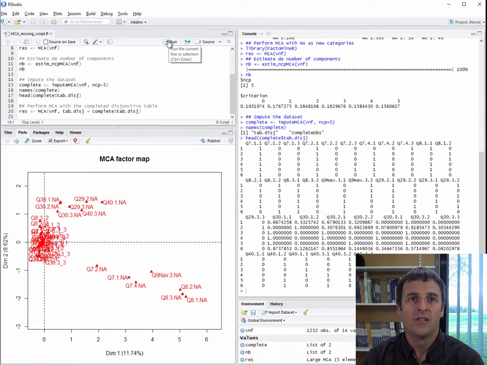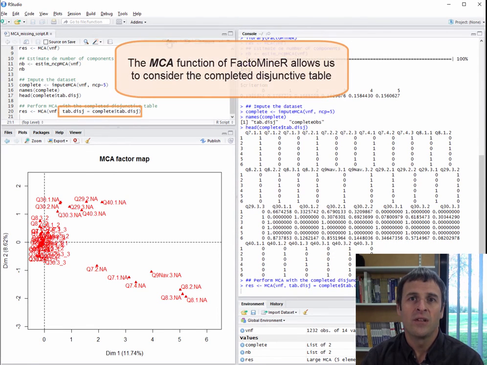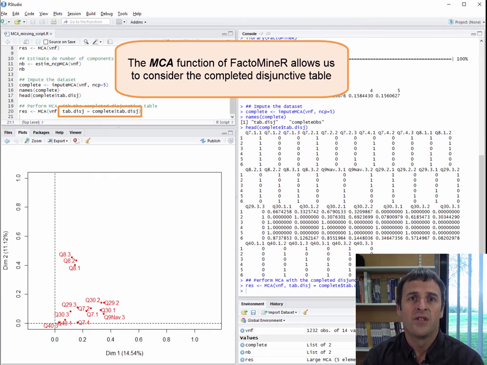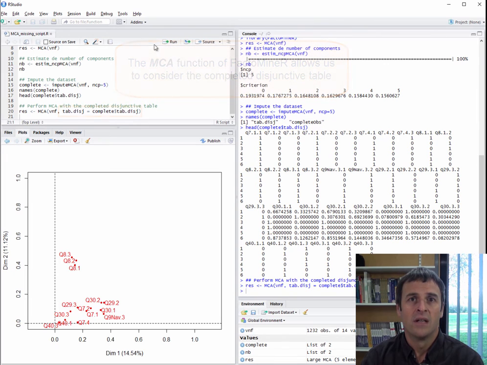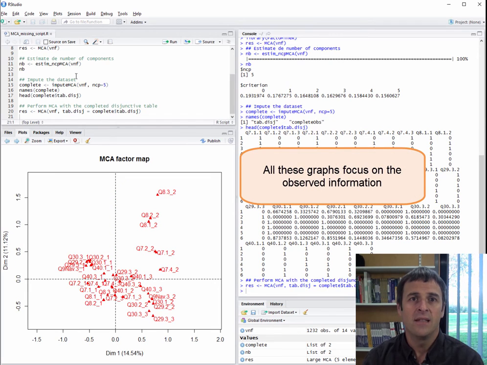We're going to run it on the VNF table, but signaling that we want to use the disjunctive data table that we've just imputed. So we run the MCA, and this outputs the variables plot, the individuals plot, and the observed categories plot. This time, there are no missing data, so we're going to be able to visualize much better the links that may exist between the categories taken by each individual.